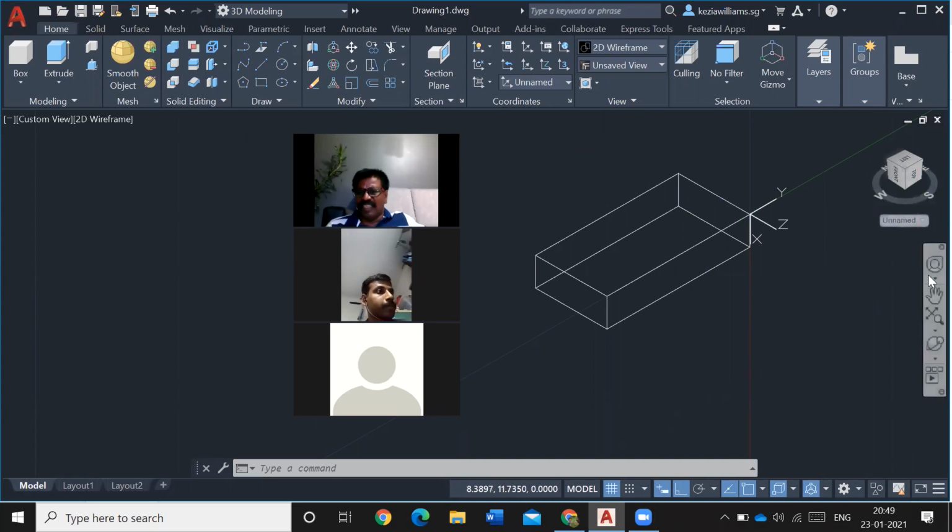So next one is actually, just now we saw the view cube. Then the view cube can be brought back or you can take it out. How do you do that?